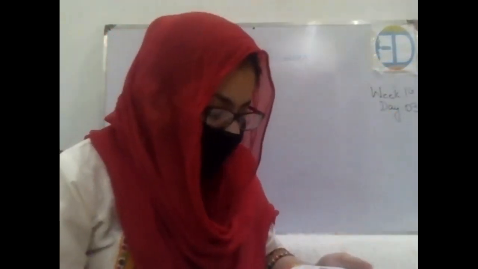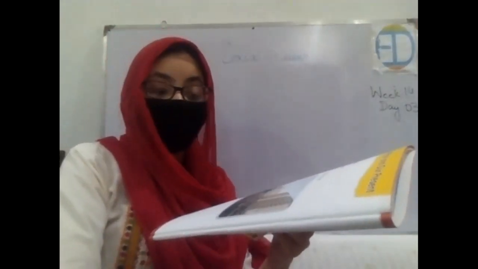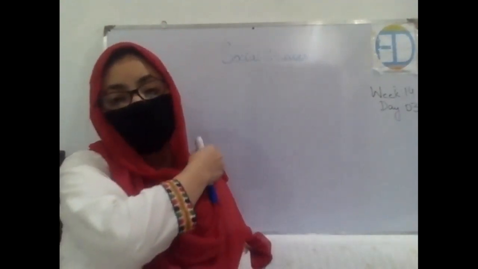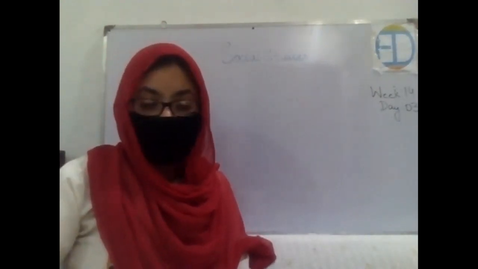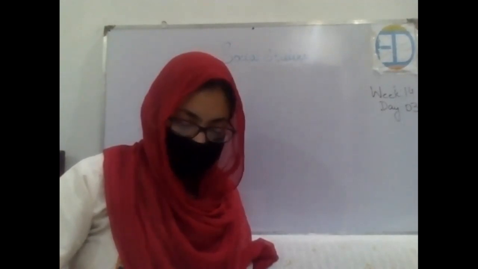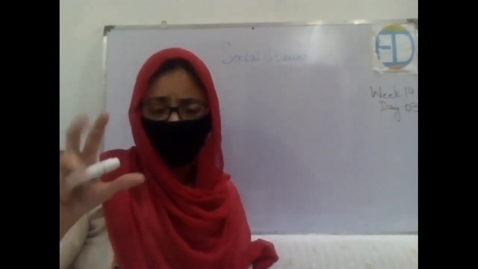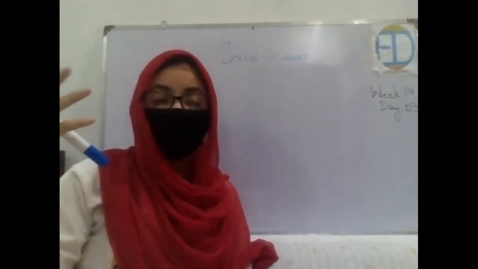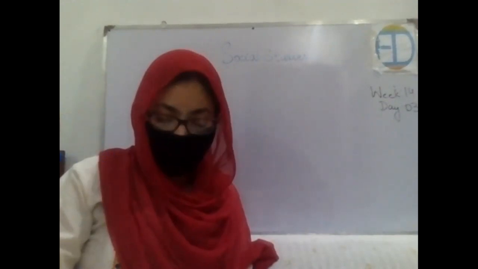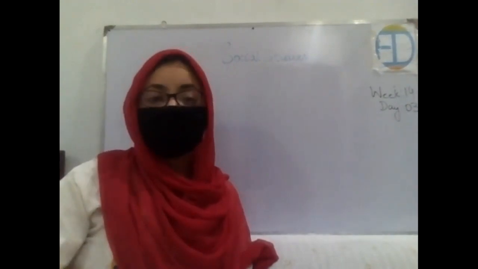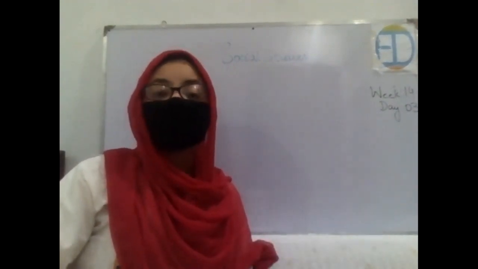Now let's listen to Adil. Adil says that Karachi was once a small village called Karachi. How many of you have heard this story that Karachi was a small village and its name was Karachi? Okay, let's read it. It became a part of town. People from villages and towns from all over Pakistan moved to live in Karachi. It was a small village, then it became a town, and when it became a town, people from all over Pakistan, from different cities and different villages, started migrating toward Karachi, and it is now a big city.